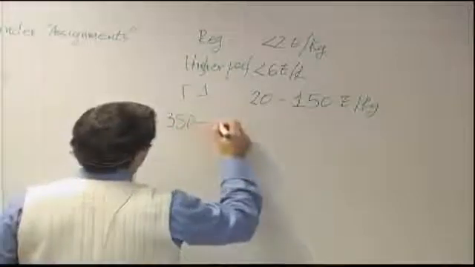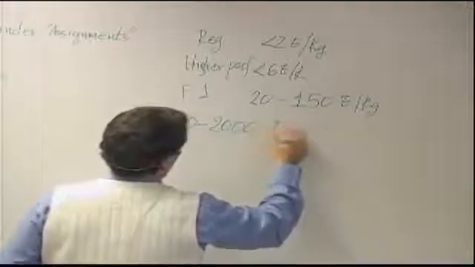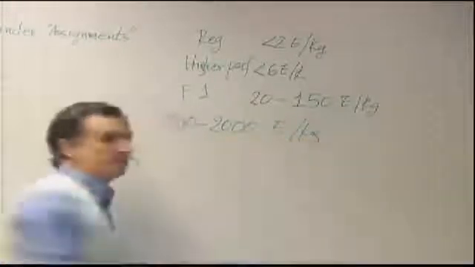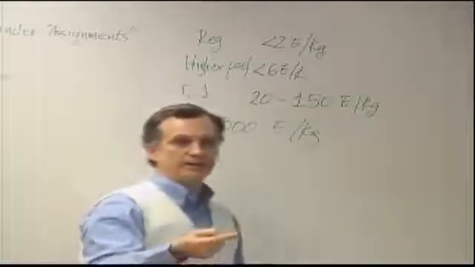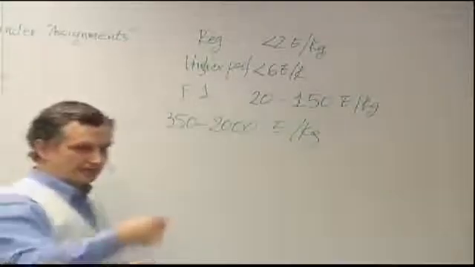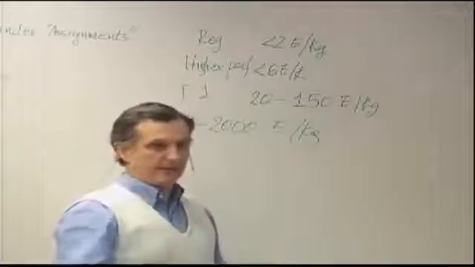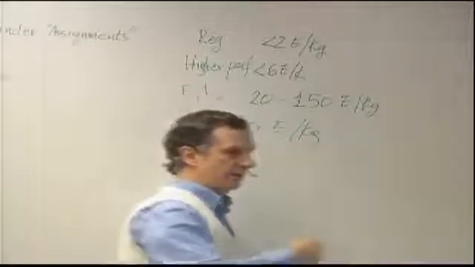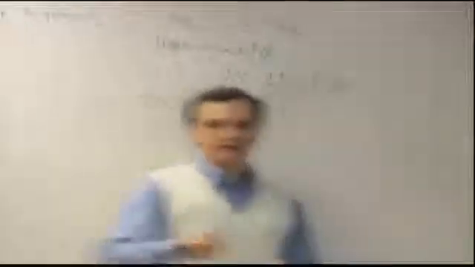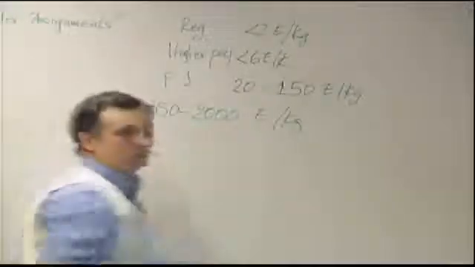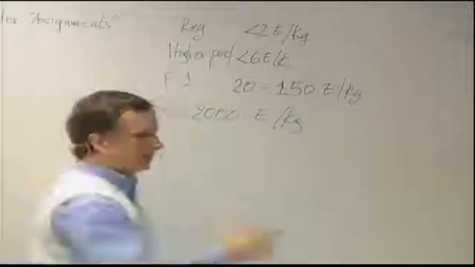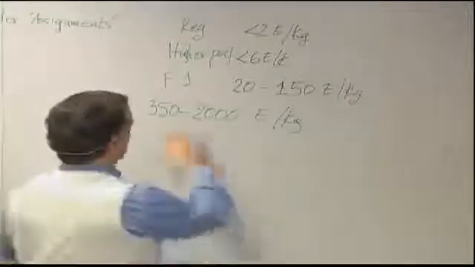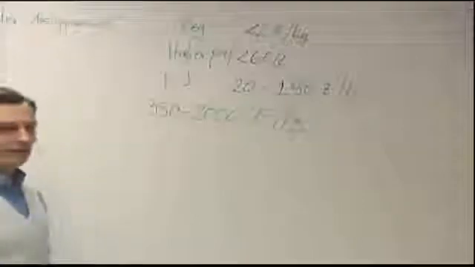350 to 2,000 euros per kilogram, and the big difference here is based mostly on the anticipation of what the fuel prices will be in future years. That is, an airline today, or a manufacturer of an airplane today, has a certain impression of what the life cycle costs will be for that aircraft. And those are extremely strongly dependent on the fuel prices. And so there are today's fuel prices and what we think they will be in the future. And depending on where we think they'll go, then you can get numbers that can be in a quite wide